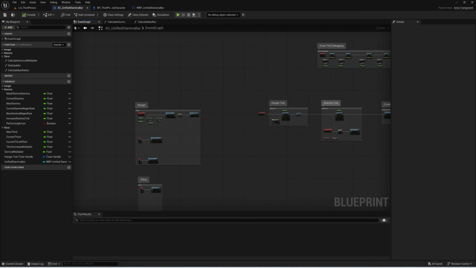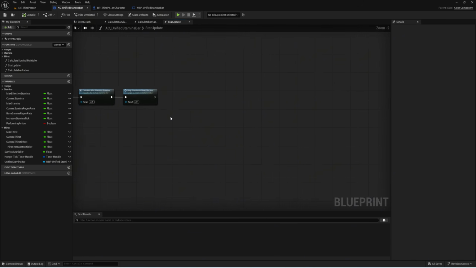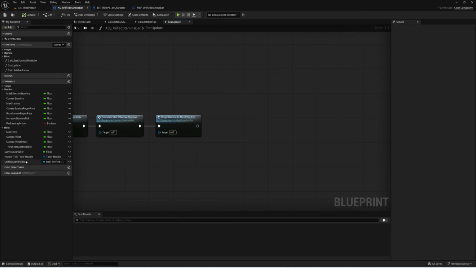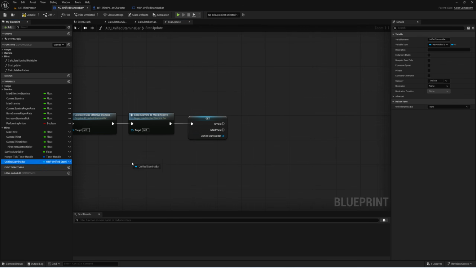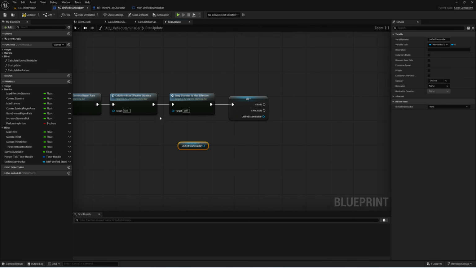it. Now, very, very fortunately for us, we have a function that we already call every single time we do that. So we go to start update, and we're going to drag in our unified stamina bar. We're going to right click and convert it to a validated get. So I did that a bit quick there. Let's do that slower. Drag it in, right click, and at the bottom, you can convert it to a validated